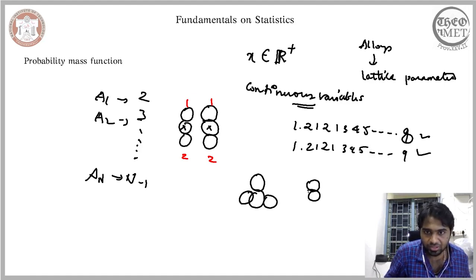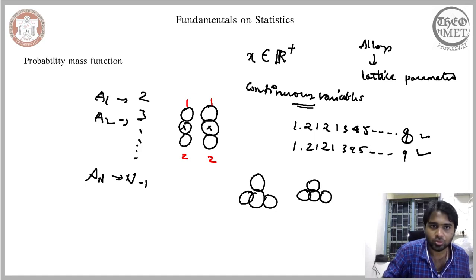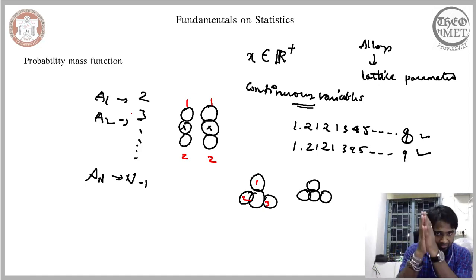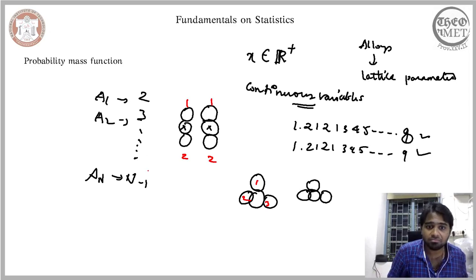So the atoms are arranged regularly in this manner. What you essentially then would find is the neighbors for this atom are 1, 2 and 3. So therefore the corresponding value is 3. So what essentially we have is, we have considered n different alloys, and the